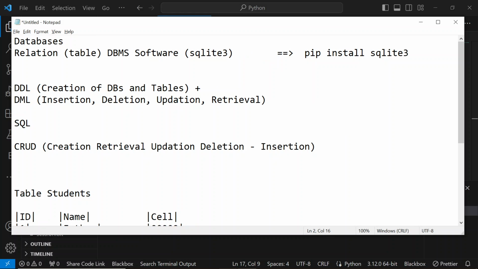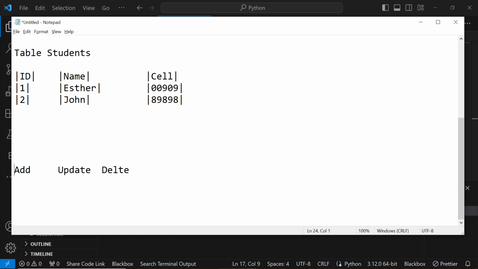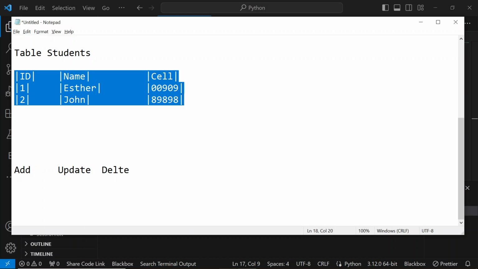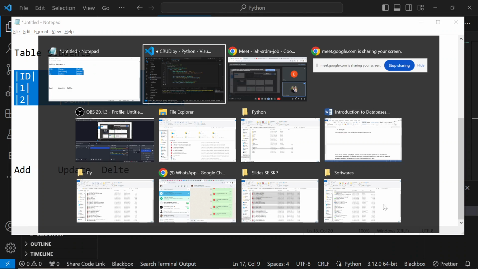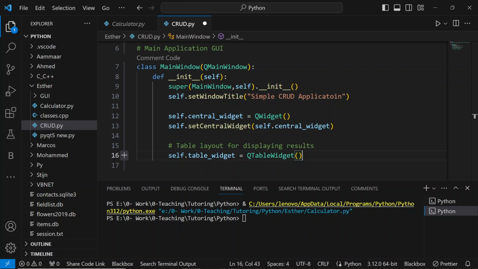So we can display all of the records in tables. For that I have to draw some tabular user interface, GUI, so I am importing this QTableWidget. I have to draw some columns, and after drawing columns I can add different rows in that table. Okay, after importing this QTableWidget, now what I can do,